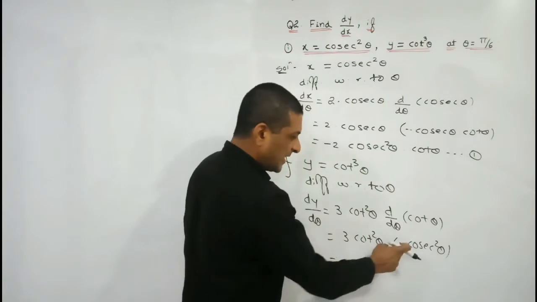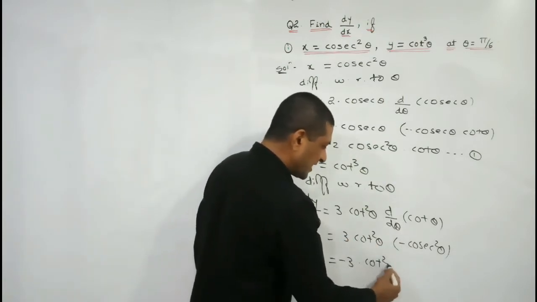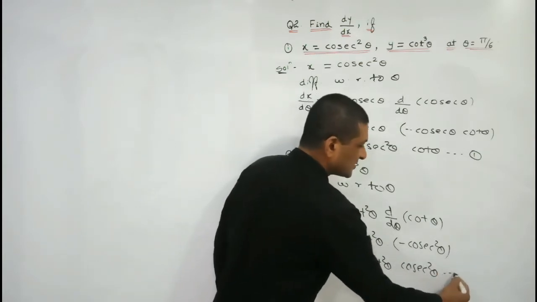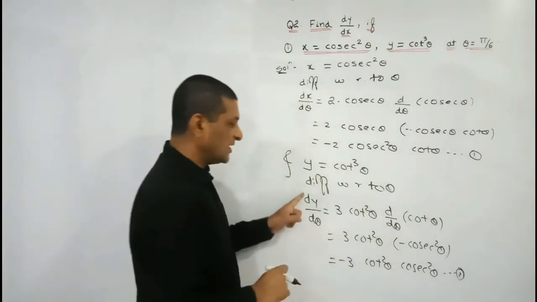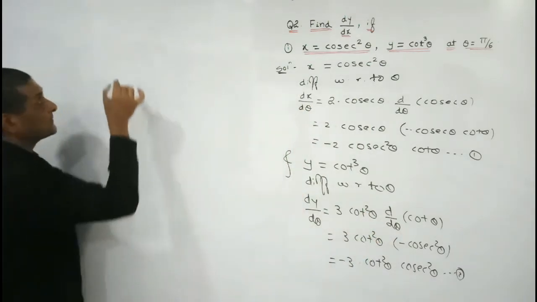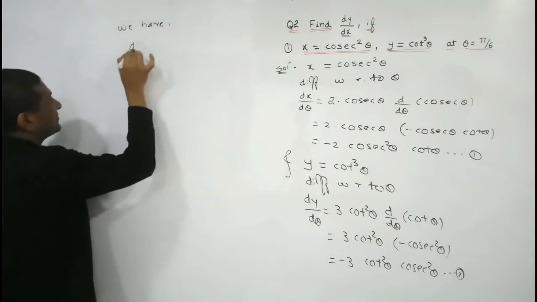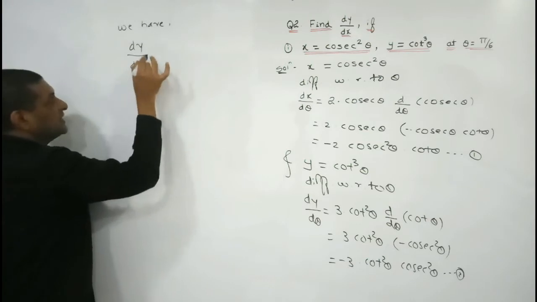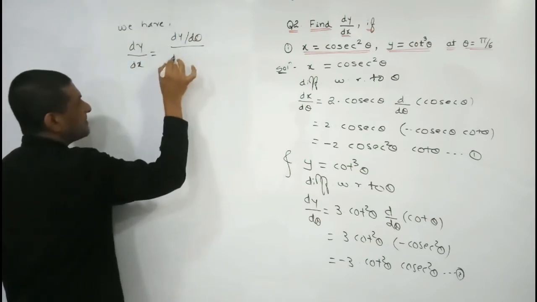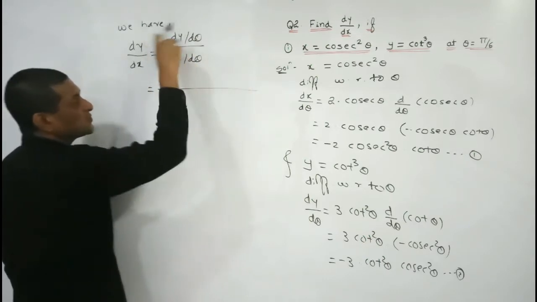So this is equal to minus into 3, equals minus 3 into cot square theta, keep it as it is, into cosec square theta also as it is. Let us denote this value by equation number 2, which is nothing but our second required value, meaning dy by d theta. Now we have one formula, we have proved this as a theorem, to find the differentiation of a parametric function, that dy by dx is equal to dy upon d theta divided by dx upon d theta. So now the remaining part is just to substitute the values.